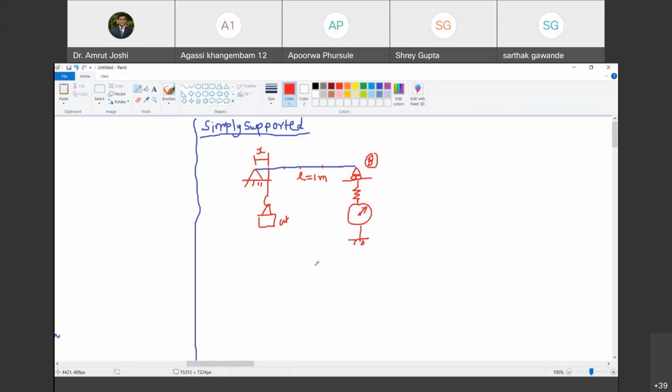Happy? Yes, sir. So इस experiment में हम क्या करेंगे? We are going to go on changing X. X को change करेंगे and W को भी change करेंगे. And we will measure experimentally the value of this reaction. Happy? Yes, sir. And now we are going to predict this reaction analytically. So first thing that we are going to do now is we are going to analytically find out the value of this reaction at B. Happy? Yes, sir. Okay. So this is beam AB and my aim is to find out reaction at B analytically.